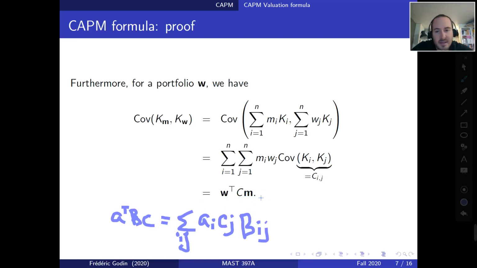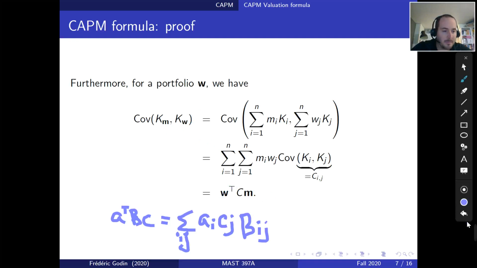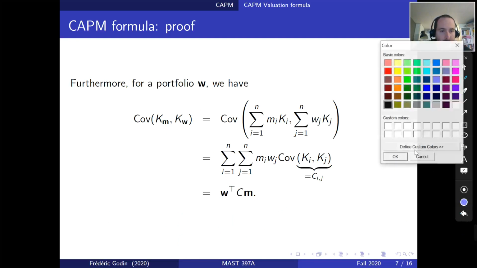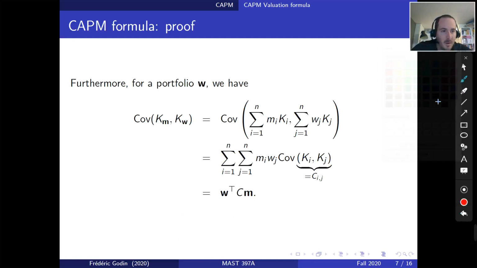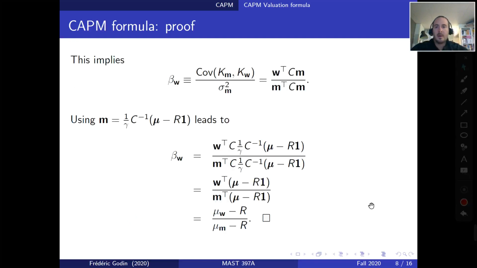Okay, so we have an expression for the covariance of the market portfolio return and the portfolio return of any portfolio W. It's given by this expression here: W transpose C M. So this implies that